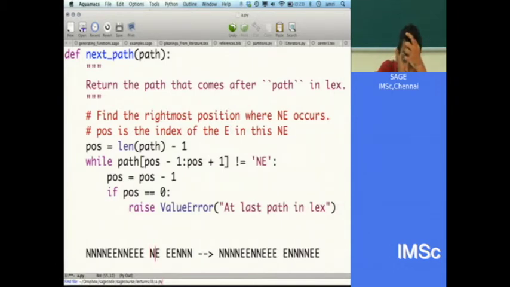Pos is pointing here, is it? But then I have subtracted one, so it's pointing here. No, because I subtracted one. Oh, no, you're right. It is not equal. Yeah, so it's pointing here.